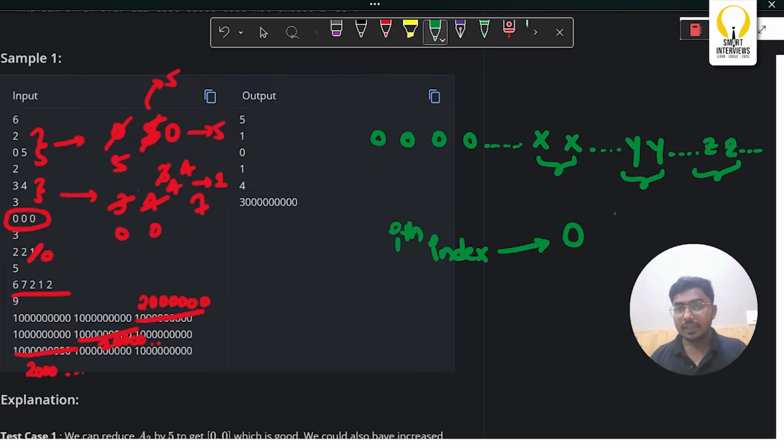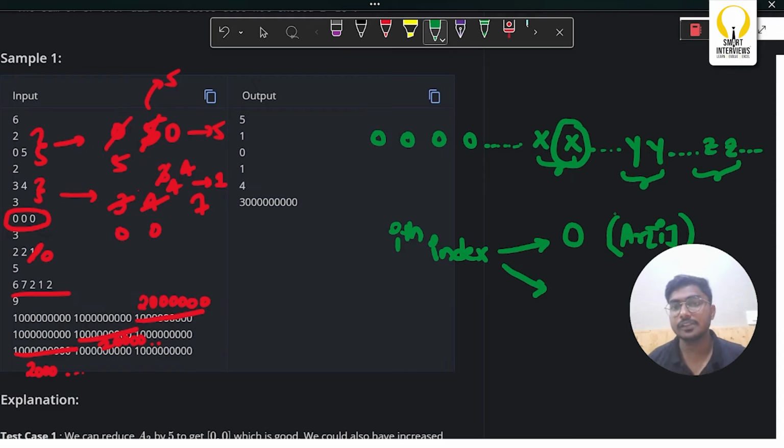Okay, if I do so, what is the cost here? To make any element a 0, what is the cost that we are going to take? Can I say you reduce that element by 1 every time? That means A of i operations would be needed here. This is one of the possibilities. Okay. Or